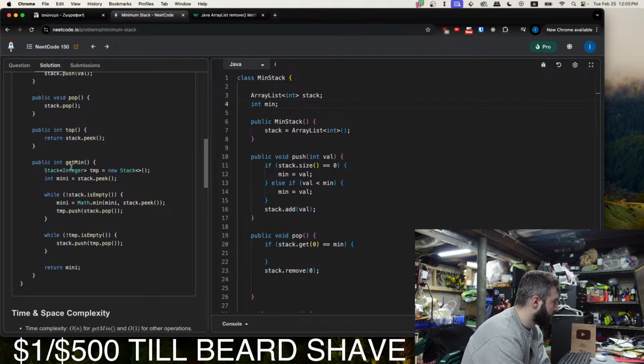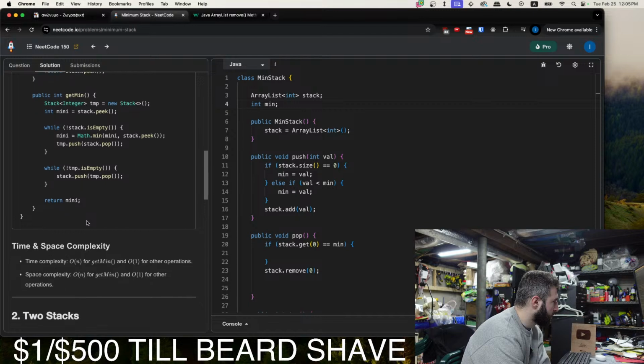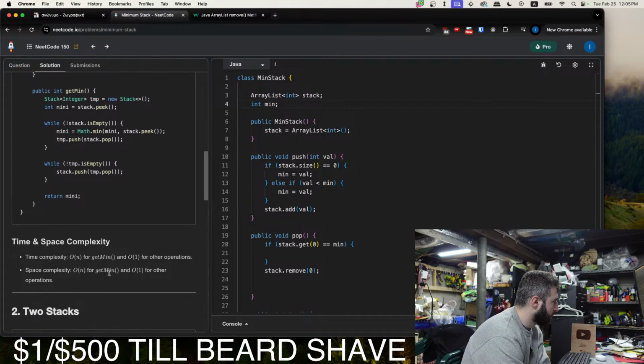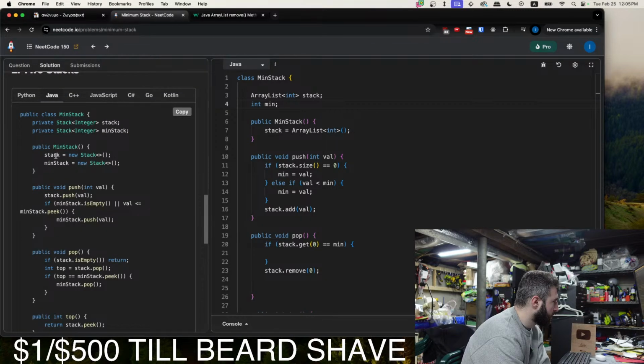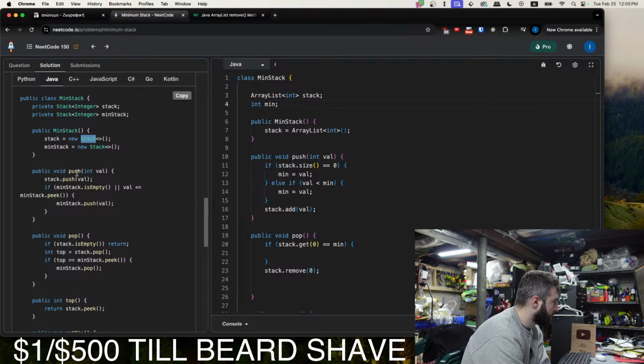Okay, so the brute force solution: they have a variable that keeps track of the smallest element, and it goes through the entire stack. O(n) for getMin and O(1) for other operations. Yep. Two stacks. So there's a stack and there's a min stack. Oh, and they just used a Stack for this class, which I thought might have been cheating, but whatever.